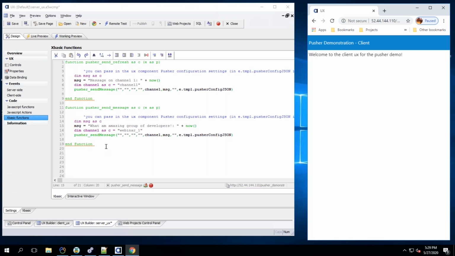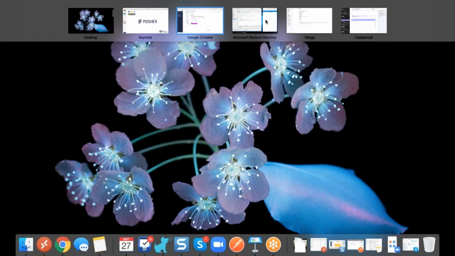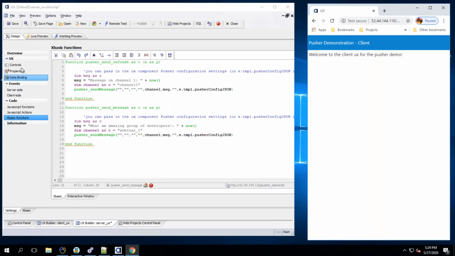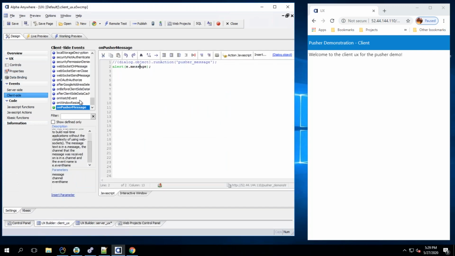So that is the introduction to Pusher. You set up the account. You then set up your app and get your app keys. For your client and your server UXs, you need to use this pusher configuration to set that up. On the client side, then you just go into the client side events on pusher message and start interacting with it. And again, this is kind of giving you some instructions. There's a really neat example